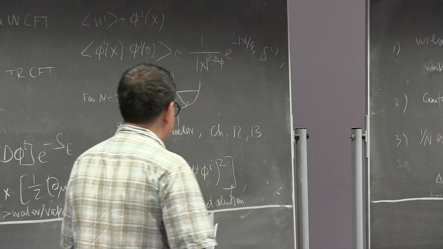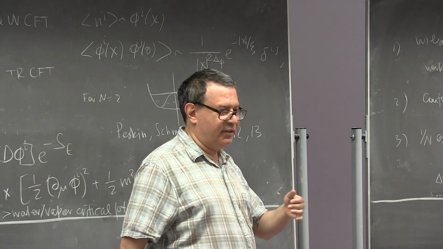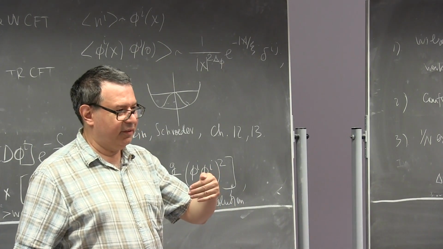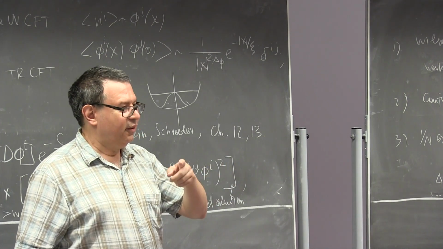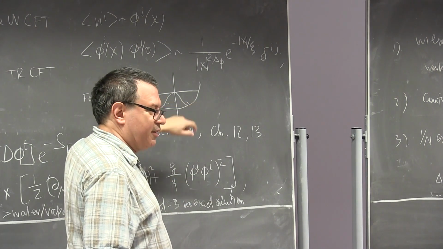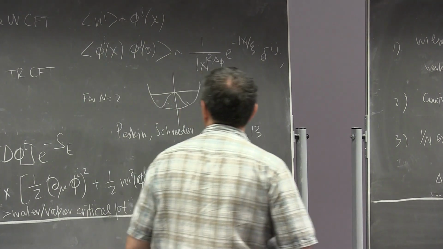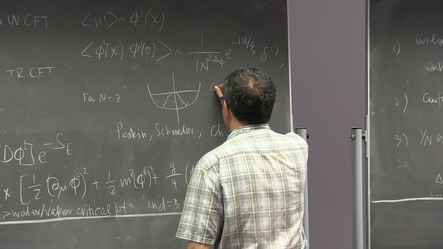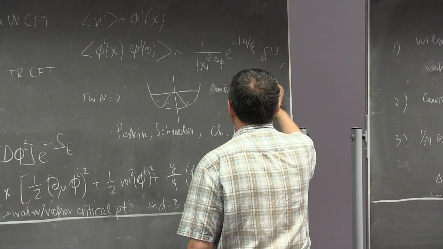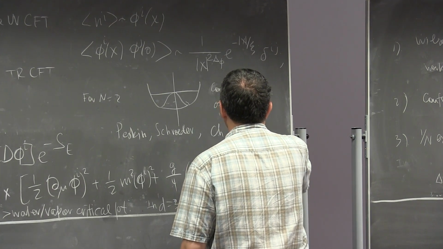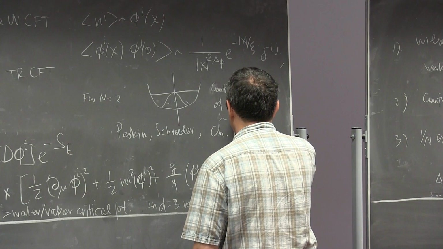So n equal 2 is the first case where you get the Nambu-Goldstone boson. For n equal 1, which is the Ising universality class, you just have a breaking of a discrete symmetry, right? For high temperature, there is a unique ground state. For low temperature, there are two ground states, plus and minus. But already for the O2 model, there is a continuous circle of ground states, a continuous set of ground states, which is parametrized by the sphere